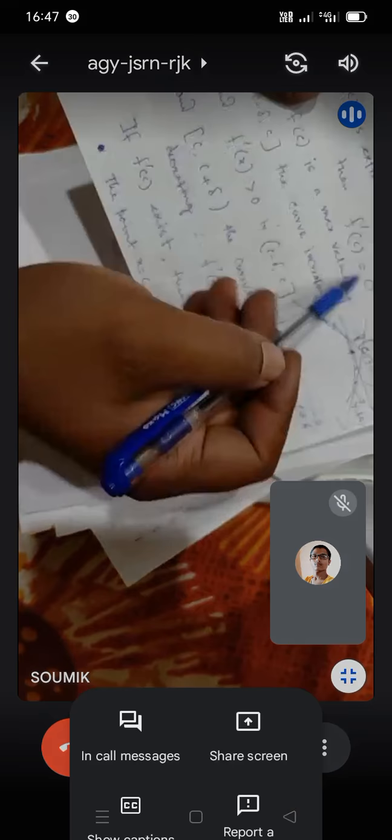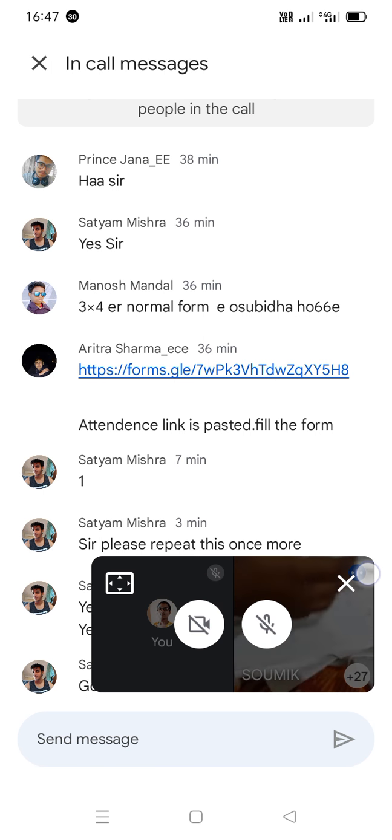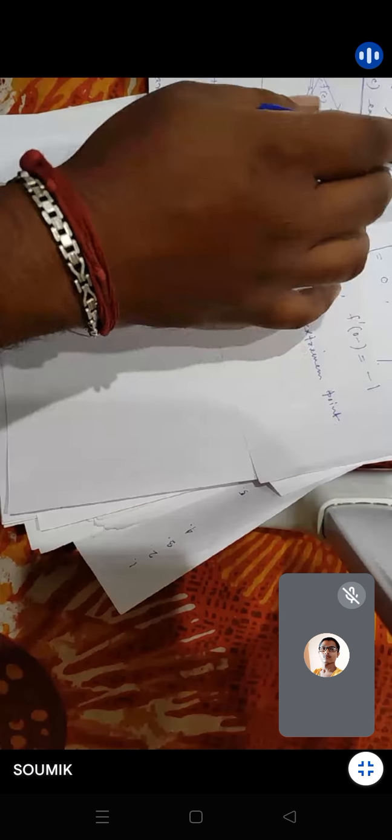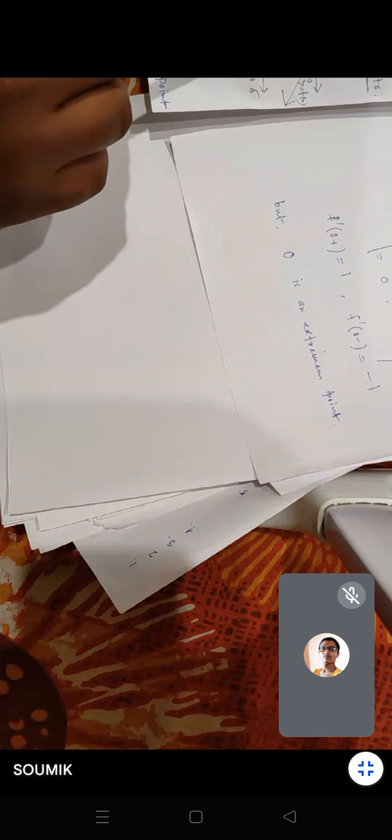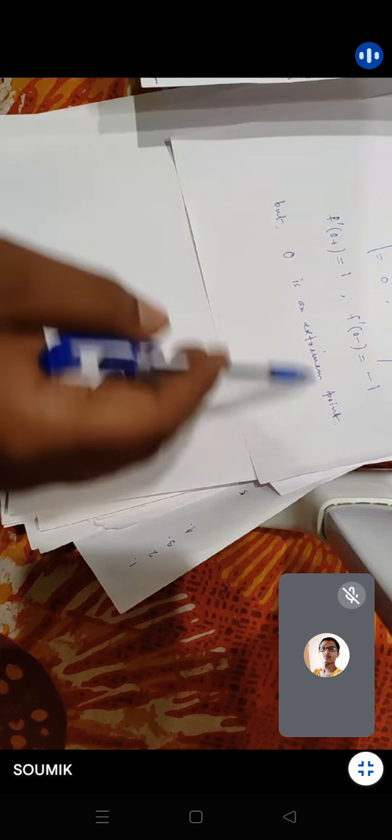যে এটা 0 হবে, f dash c 0 হবে, বাট c টা এক্সট্রিম পয়েন্ট হবে না, এটা এই এক্সাম্পলে দেখালাম যে f dash 0 টা 0, বাট 0 ইজ নট এ এক্সট্রিমাম পয়েন্ট। আবার এই এক্সাম্পলের ক্ষেত্রে কি বললাম যে f dash 0 এক্সিস্টই করছে না, কিন্তু হচ্ছে কি 0টা এক্সট্রিমাম পয়েন্ট হচ্ছে। তার মানে এই কন্ডিশনটা এখানে কিন্তু অনেকে গুলিয়ে